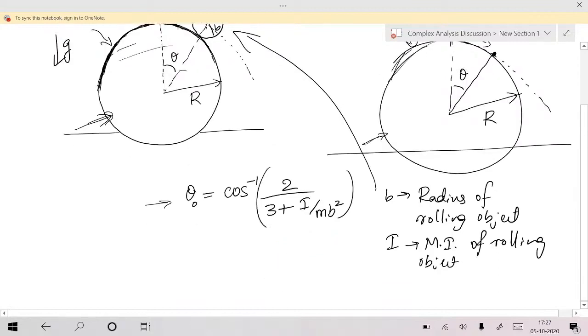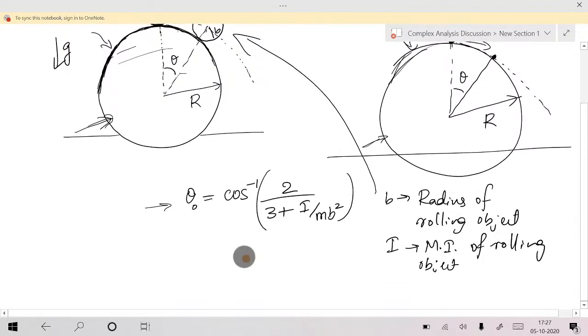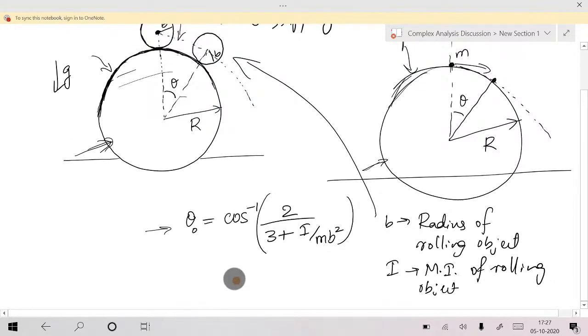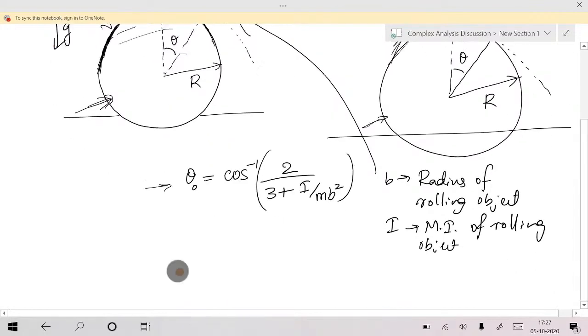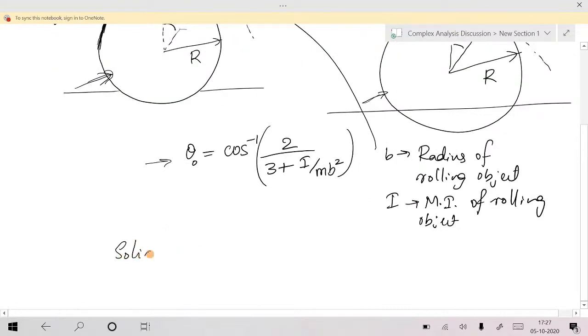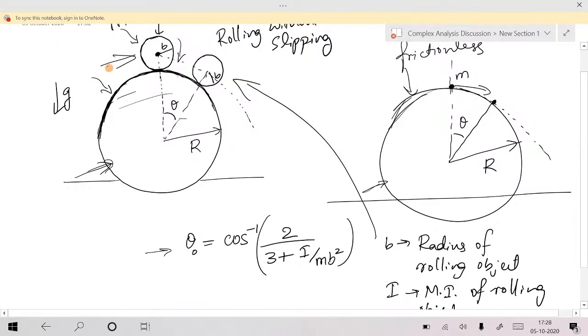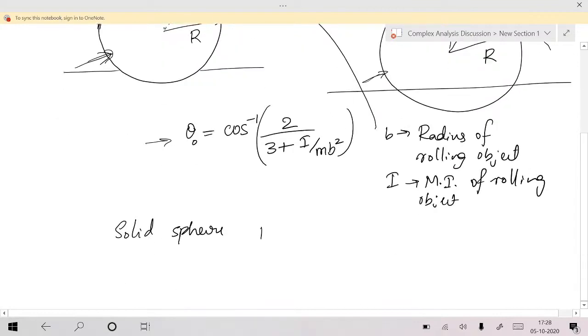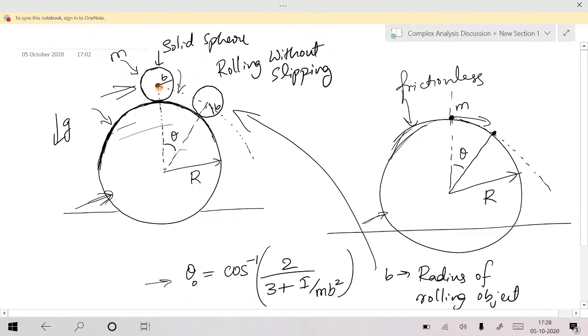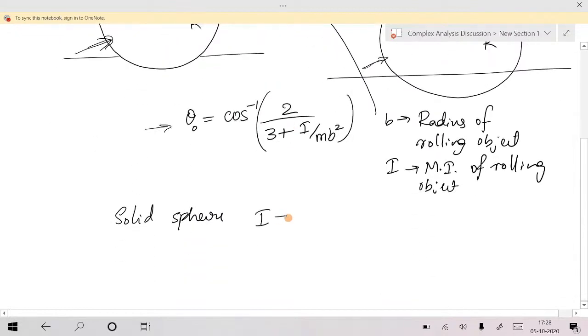Okay. Now again, if possible, let me upload the theory again. So theoretical discussion of that problem later. Now look at here. Let me take the object which is rolling to be a solid sphere. Object means this one. If it's a solid sphere, its moment of inertia about an axis passing through the center of mass and perpendicular to the plane of the surface is I equal to 2 by 5 m b square. Am I right or not?